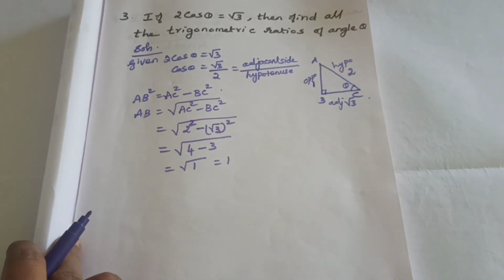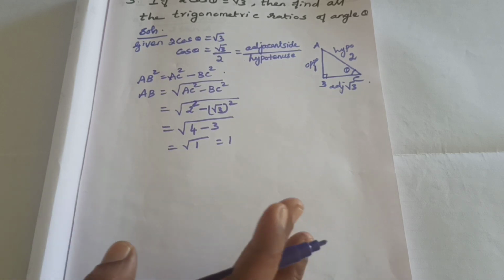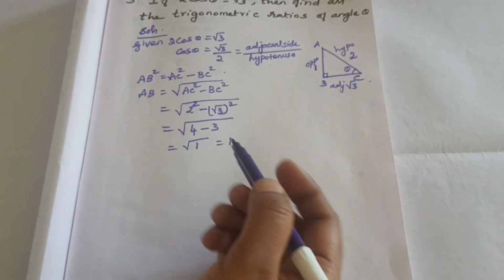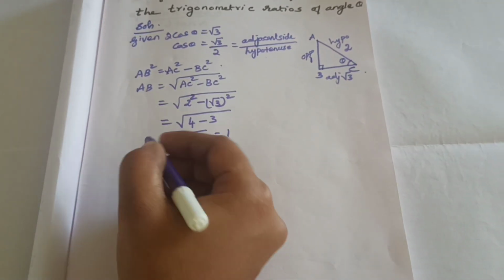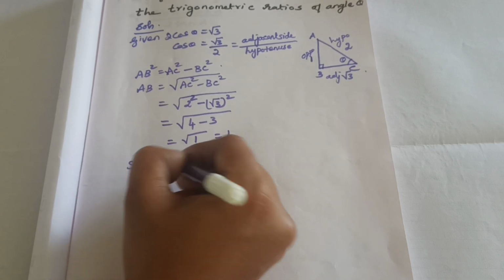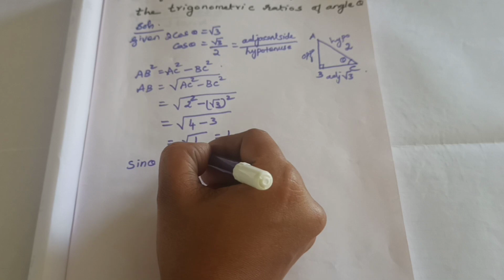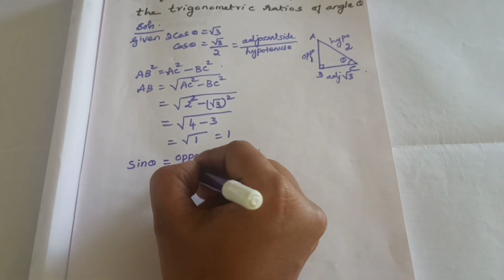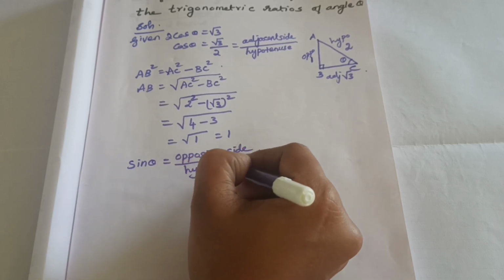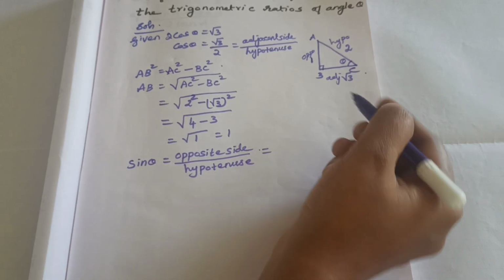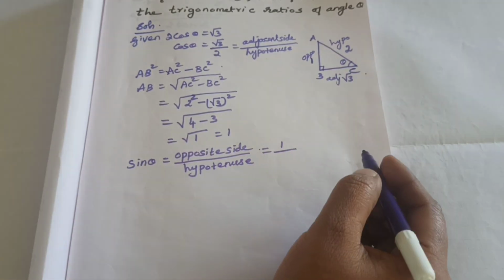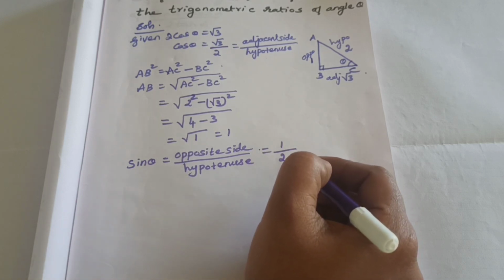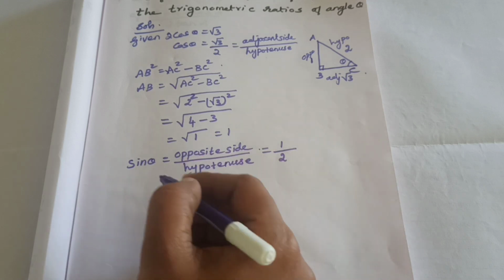Now very simple. Now we can find the other 5 trigonometric ratios. Okay, one ratio we know, cos theta, this one. Then next sin theta we have to find. Okay, therefore sin theta ratio is same. Sin theta is equal to opposite side divided by hypotenuse. Okay, then equal to here, which is the opposite side? 1, isn't it? Divided by hypotenuse is 2. 1 by 2 is the answer. Okay, correct?